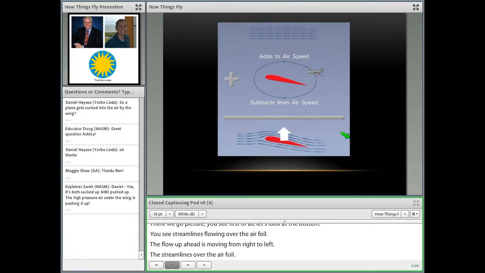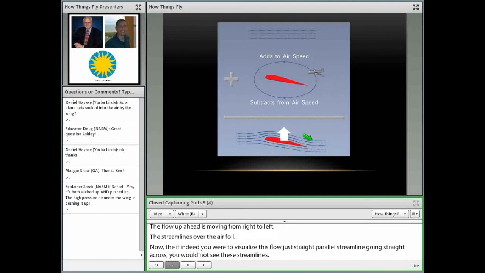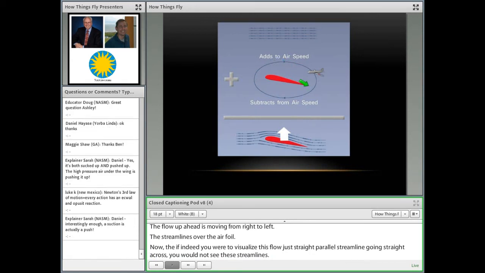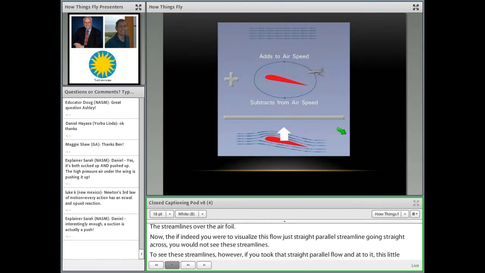To see these streamlines, however, you take that straight parallel flow and add to it this little circulatory motion. It's called circulation. Then indeed, you might think, if you're adding this picture to just straight streamlines, you'll get this picture down here,